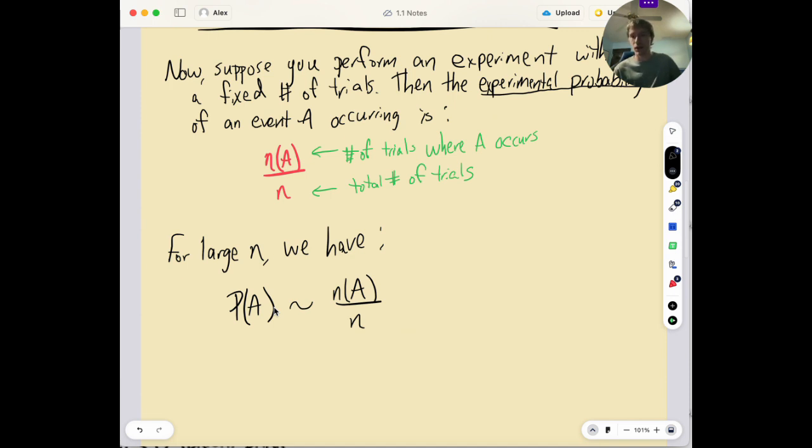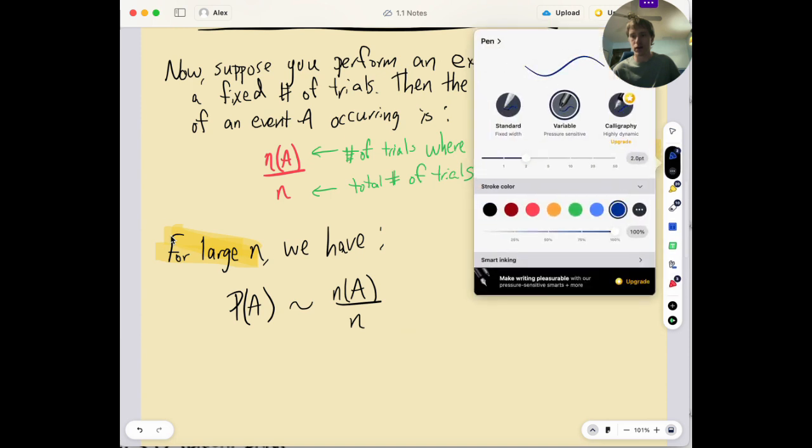So this is really the key here for large n. And this gets into a discussion about the law of large numbers. We're going to have to do that for another time, but just keep that in mind. So just to review everything that I wrote on the board,